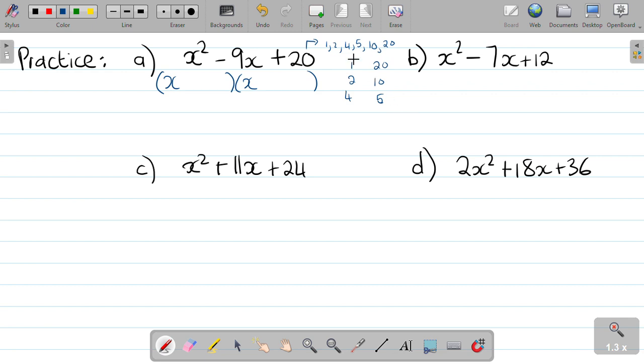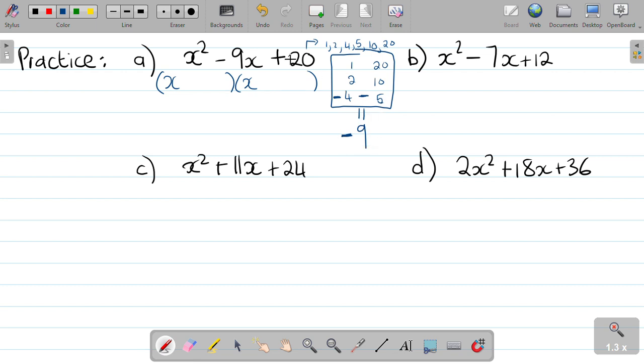Now step number 3 is: which pairs of factors can I work together in order to get minus 9, the middle term's value? So if I say 1 and 20, can I plus and minus them together to get minus 9? No. 2 and 10, if I make 10 a positive and 2 a negative, it will give me 8. It doesn't give me 9. So now if I make 4 a minus and 5 a minus, it's minus 4 minus 5, which does give me